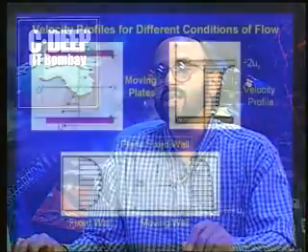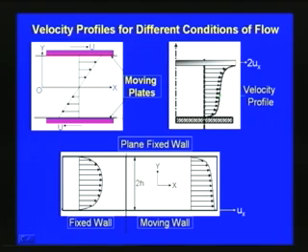Here again the assumptions are the same, and the only change is in the boundary conditions: the top plate will have one velocity in one direction and the bottom plate will have another velocity in the opposite direction. Depending upon the case, the velocities are plotted. If the top plate is moving with a velocity u and the bottom plate is moving in the opposite direction with a velocity, then we may get, depending upon the case, a velocity variation like this.